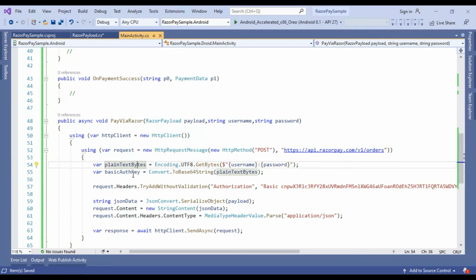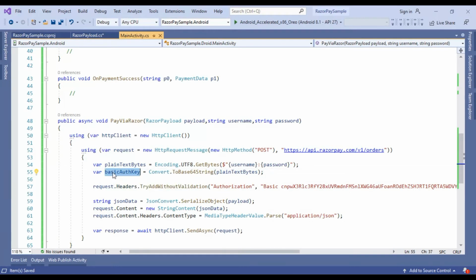So we need to convert this byte array to the base64 string. We will use the Convert.ToBase64String method, passing this byte array here, and it will automatically generate this base64 string.